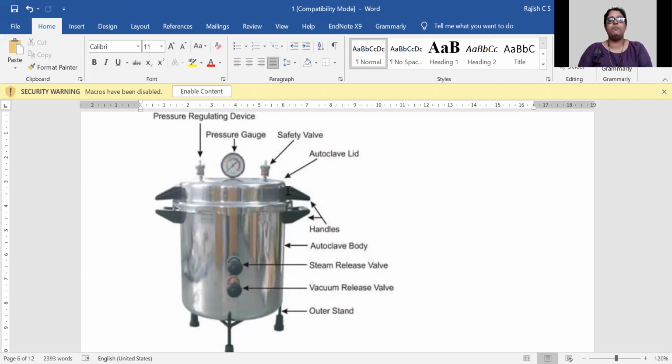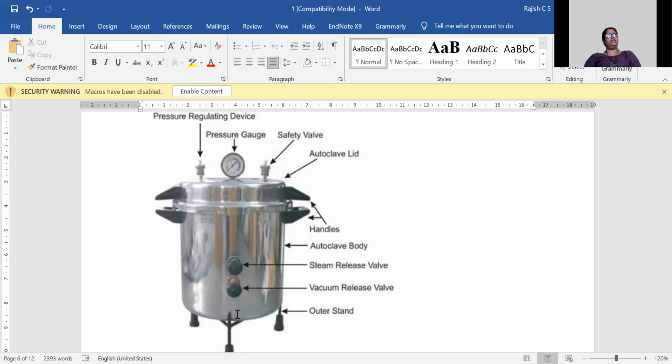Autoclave is also a dangerous instrument, as you might have heard of pressure cookers exploding if not handled properly. The same thing is applicable for an autoclave as well. You will fill water inside it, up to a certain level, and put a stand over that water level. Then your media components will be kept either inside a container in the autoclave, or just like that, and then it will be autoclaved.